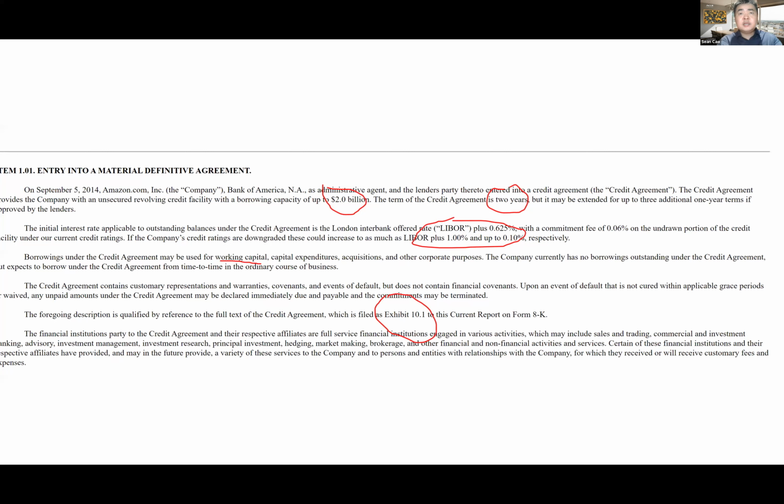And also you can see the interest rate. If the interest rate is reasonable, that means the company is doing well. The Bank of America cannot charge too much for Amazon. But if the interest rate is very high, that signals that the Bank of America thinks Amazon is very risky, so they want to charge a high interest rate. And also the loan amount, $2 billion. Do they want to borrow a small amount or a big amount?